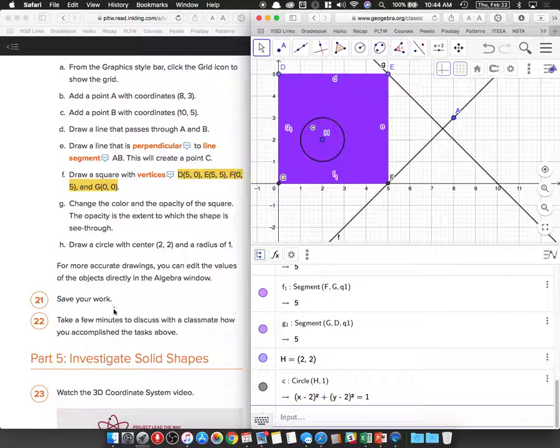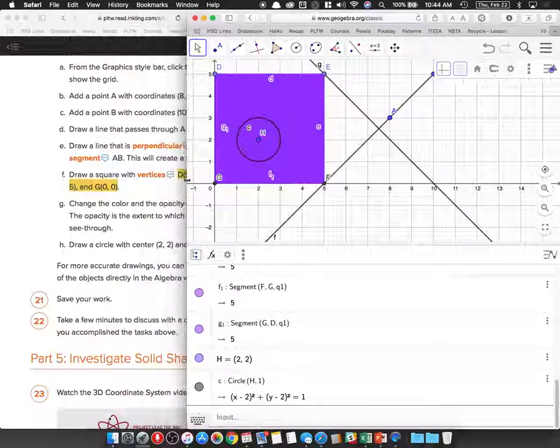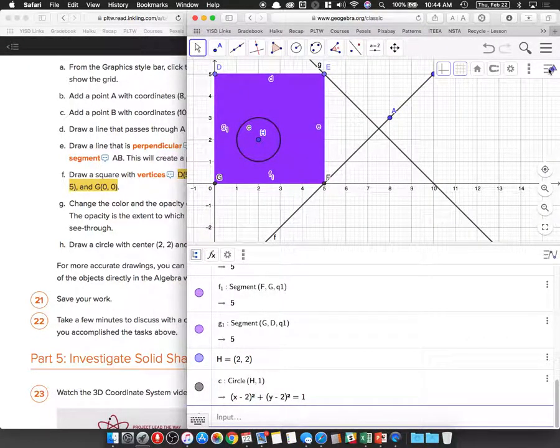Save your work, it says. So in the online version of this, I don't think there's really a way to save your work, but if you screenshot it and save it in your folder so that you have proof that you've done this, I'm going to have a place for you to submit this in Haiku. So that you can submit this as your work today, okay? For that polygon, I was going to